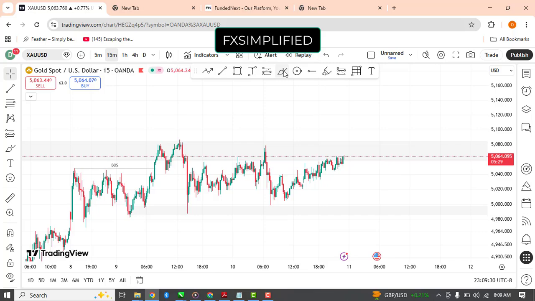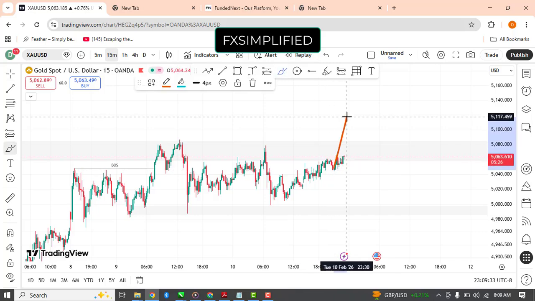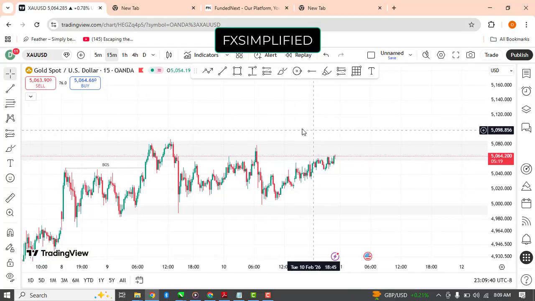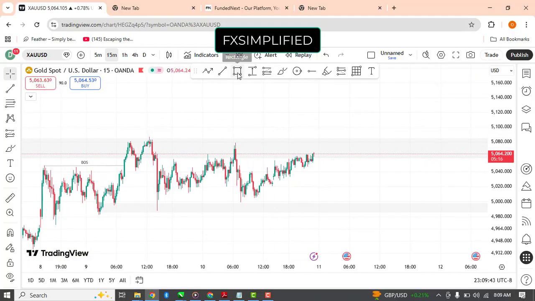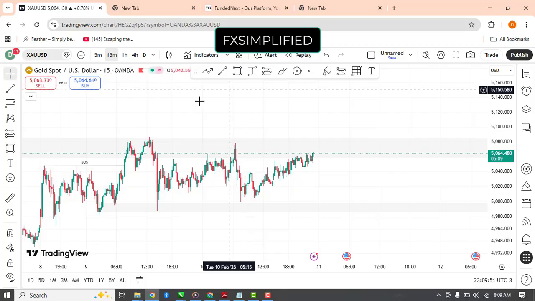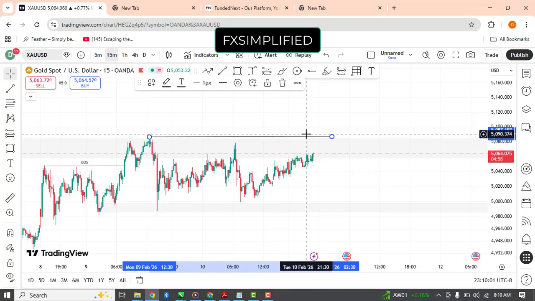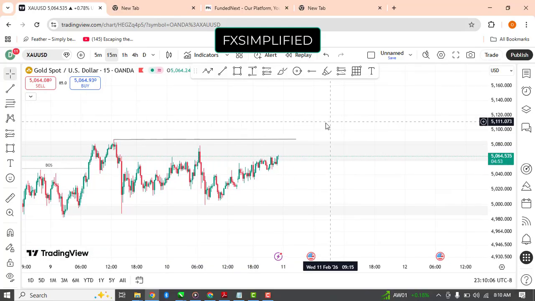So we are going to be expecting something like this. Price will break through this zone, then what we'll be looking out for from there is a retest. We can see that this is where price is going to retest. Eventually, if price breaks through this, let me just mark this place out. So if price breaks through this zone right there, then we'll potentially be looking for our entry.